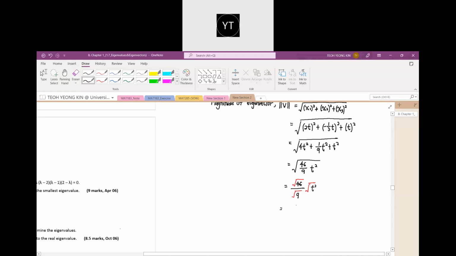Based on this one, we should have square root of 46 over 3. Here is t. So this is our magnitude of eigenvector. Finally, therefore, finally, normal eigenvector,